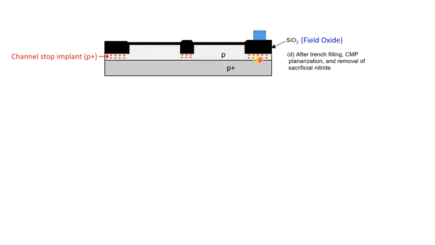Besides, you remember we have also used the channel stop implant under this field oxide, right. What it does is increase the doping concentration of this P region. So what will happen to the threshold voltage of this MOSFET when you increase the doping concentration? The threshold voltage further increases, right. So that means the possibility of creating this channel further reduces. So that is how the channel stop implant improves the isolation between adjacent devices, right.